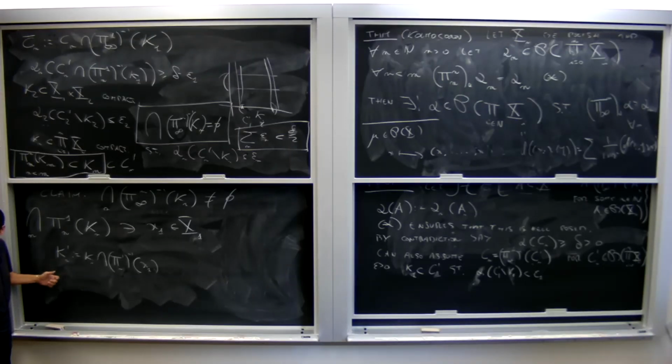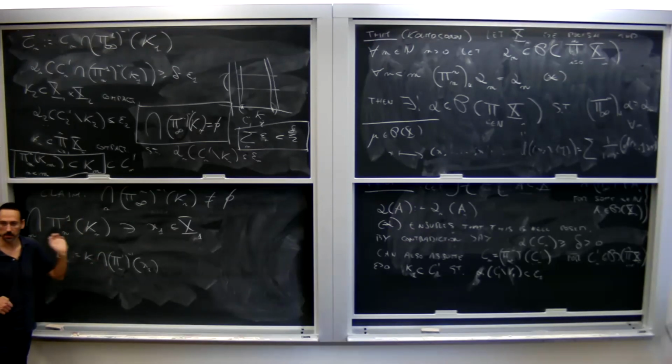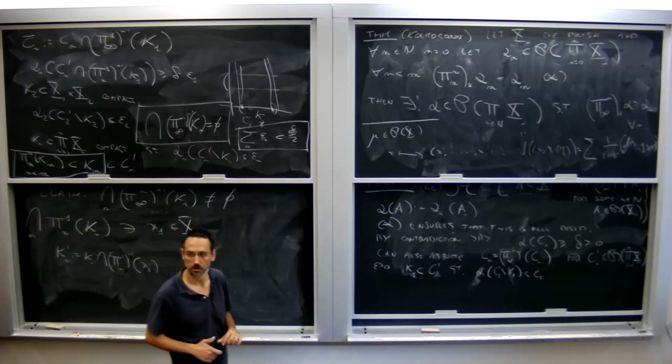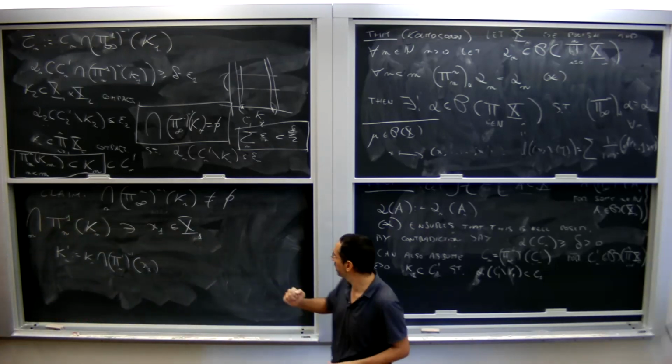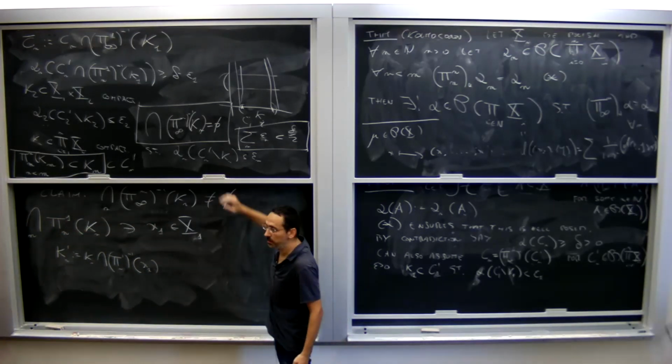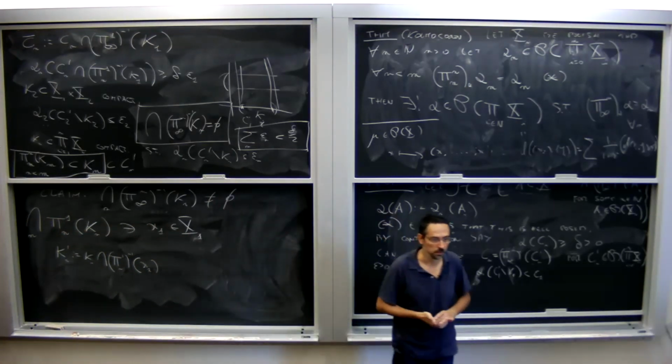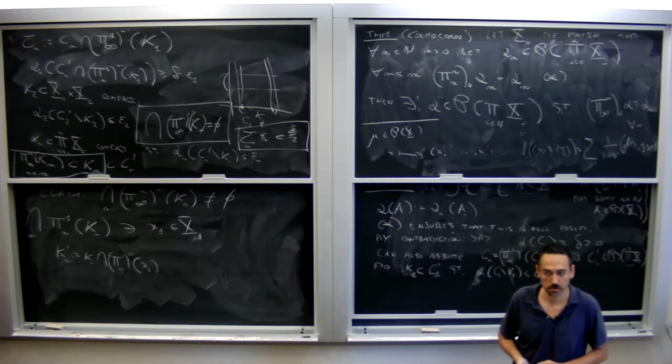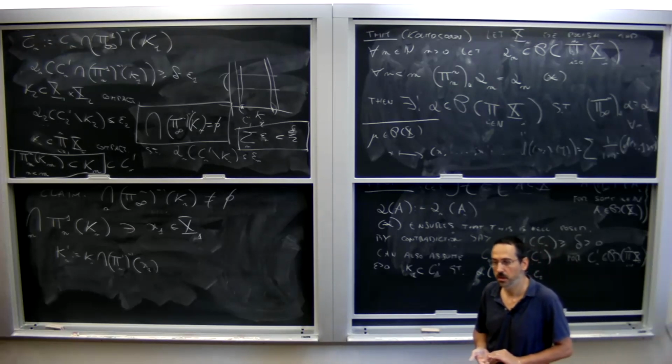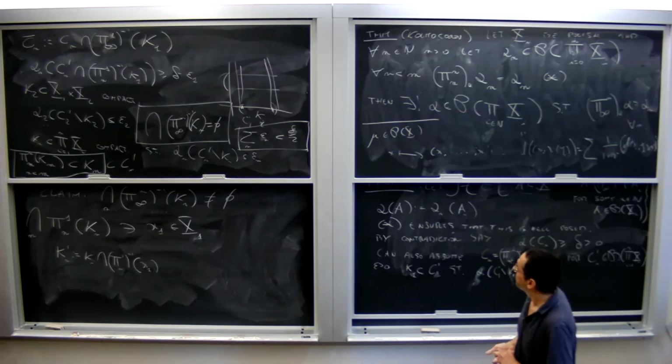Right? These are compact. I look at the second coordinate of this. The second coordinate of this form a decreasing sequence of compact sets, each of which is not empty, and therefore there's a point in the intersection, etc., etc., etc. Right? So I found one point in the intersection of all of this, and this contradicts the fact that the Kn were inside my initial sets. Make sense? Please.